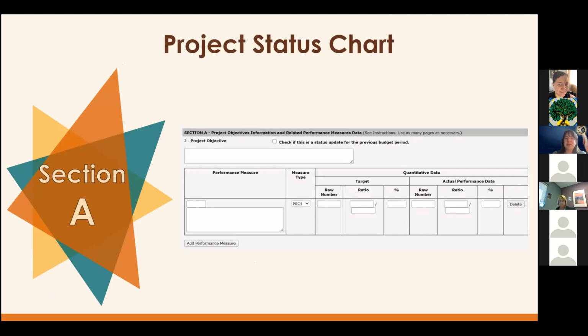We'll have some examples and another little pop quiz in the middle here for you to respond to as well. On the screen right now, you see a screenshot of how this will actually appear in the G5 system. This section A really contains the bulk of information that you submit for your annual performance report that demonstrates substantial progress towards your goals and objectives. These tables collect both quantitative data in the form of ratios and qualitative data in the form of a narrative explanation of progress.